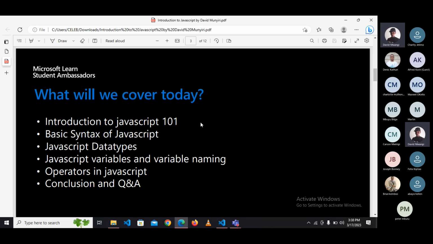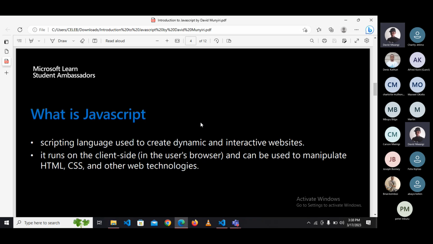Now we can start. First of all, we can start by saying what we'll cover. We'll start with the basic syntax of JavaScript, then JavaScript data types, JavaScript variables and variable naming, operators in JavaScript, and then the conclusion. So first of all, to define JavaScript, it's a scripting language used to create